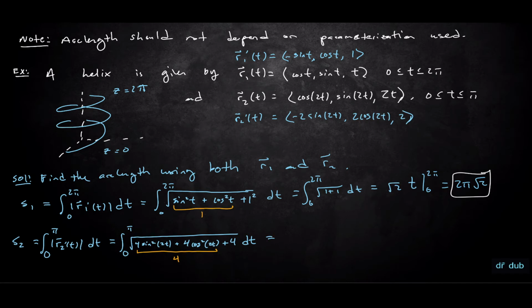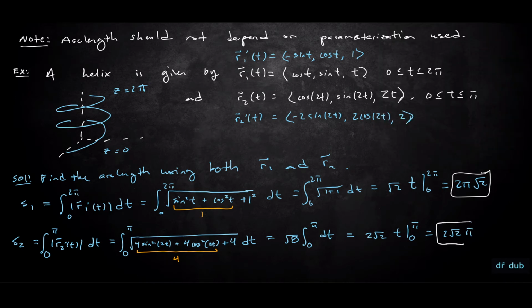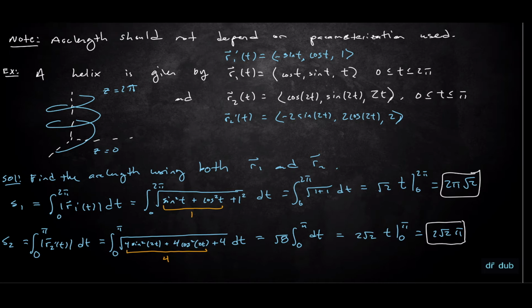So this is equal to the square root of 8 times the integral from 0 to pi of dt, which is 2 square root of 2 times t from 0 to pi, which is 2 square root of 2 times pi. That's the exact same answer. So arc length does not depend on the parameterization used for the curve C. From there, the next thing I want to talk about is